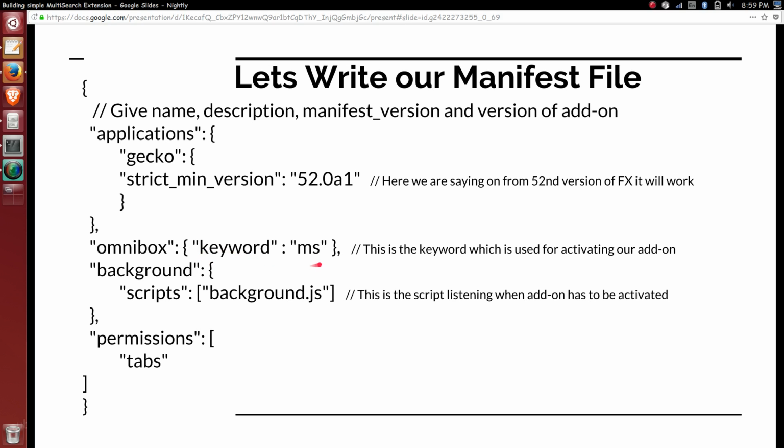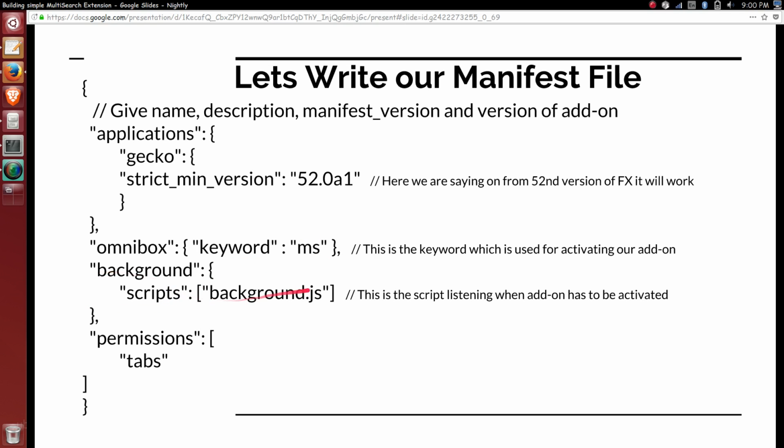To trigger the add-on, I am going to use the keyword ms. Just in case my add-on is installed with the keyword ms, and any of your friends' add-ons got installed with the same keyword ms, what happens is the last installed add-on will be triggered, not the first one. So we have to make sure this keyword is very unique and won't be used by any other developers.